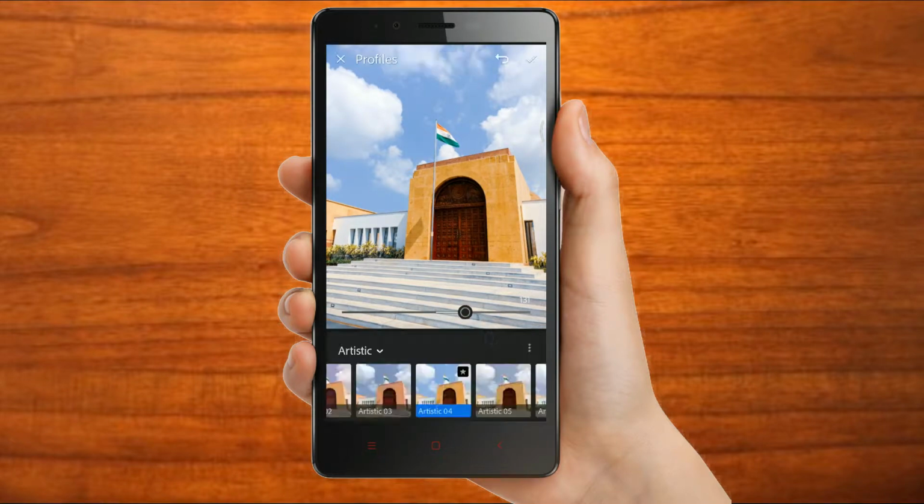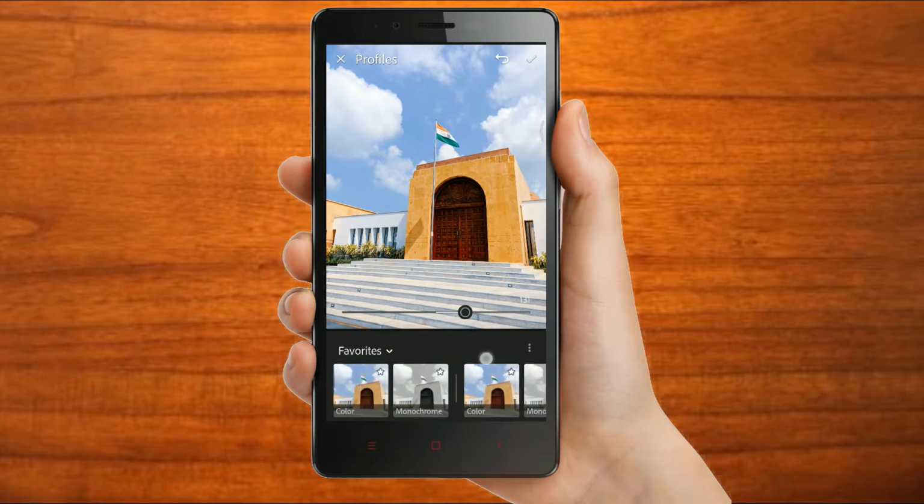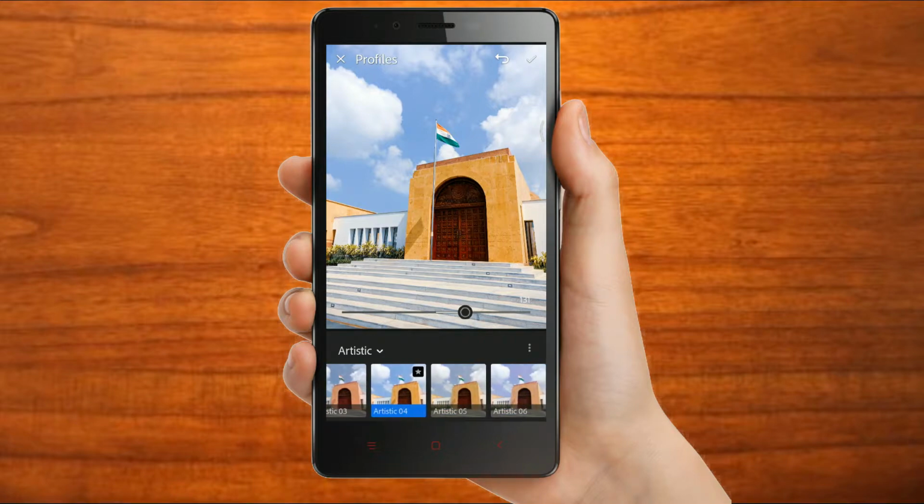I'm using the slider tool below in order to check out the different types of filters or color gradients present in this Lightroom application. There are a lot of color gradients like vintage, modern, black and white, artistic, basic, colorful, etc. And as you guys can see, there are around 30 to 40